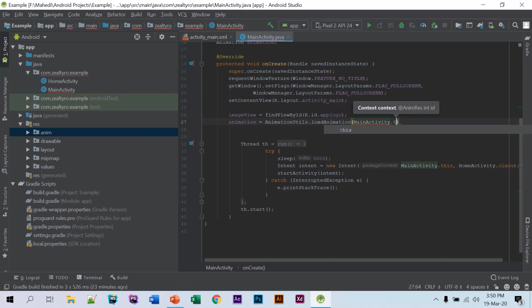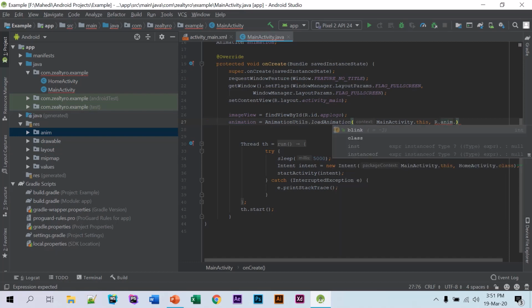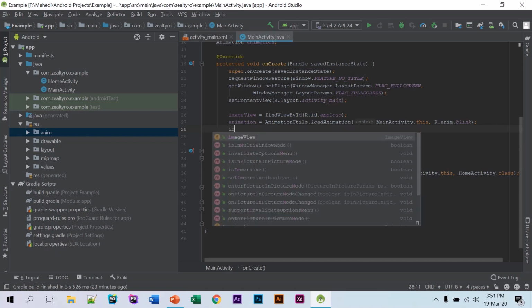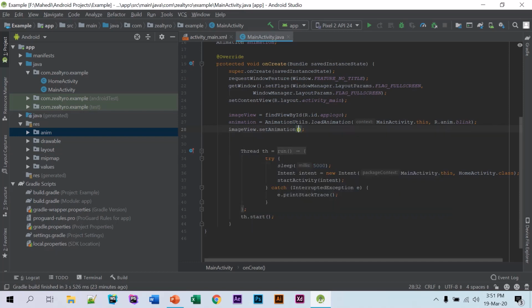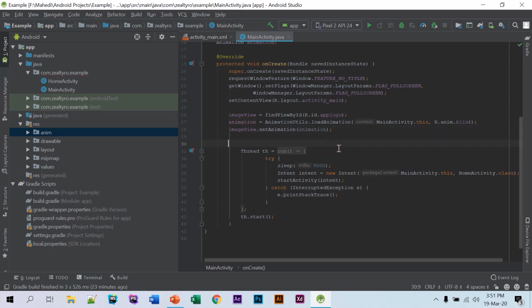Activity dot this, which will be the splash activity name here, then dot this, and we just add the animation resource name, R.anim.blink. Then we set the animation to the image view with setAnimation. Okay, that was it. Now let's check if it works or not.